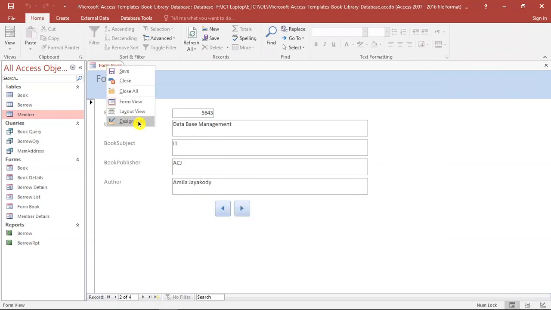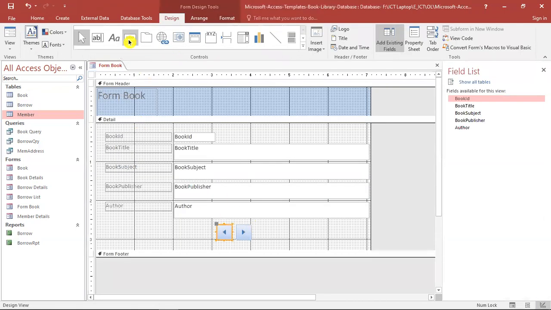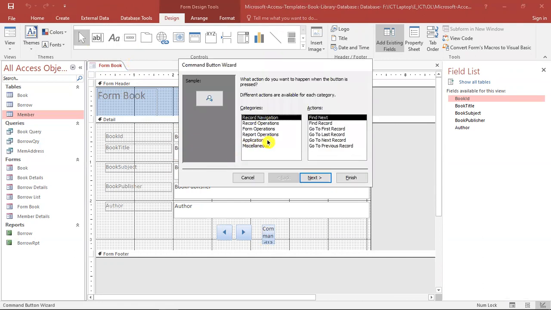As we see in the design view, there are several options for navigations as well as record and form operations, and there are so many things we can add. Also to print, right? There are so many options to select.